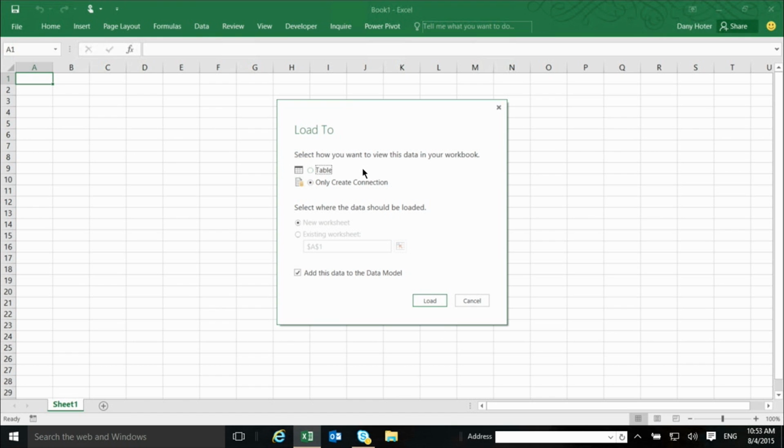One is, do I want to see it in the workbook itself? So do I want it to create a table for me, or do I only want it as a connection that can then be used for refresh and so on? In this case, I leave it as the default here, only create connection. The second part is this checkbox. Do I want it in the data model? The default comes this way because I configured it before. I can configure it so that this will be the default, because this is the way I usually do it. But anyhow, you see here the two parts, and as I don't need to change anything,